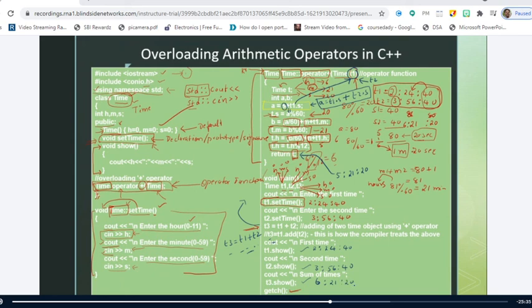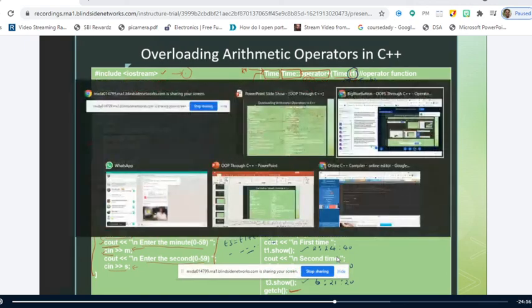Yes, sir. So this is how the operator function is defined and how we evaluate this. The point which I have discussed in this blue mark: why are we taking only one parameter while overloading the binary operator? A binary operator should take two operands, right? But we are giving the input as only one operand, that is the right operand only. The left operand is automatically taken. That's the reason why we are skipping the passing of the left operand to the function. This point is very, very important. Is it clear up to this point? Yes, sir.